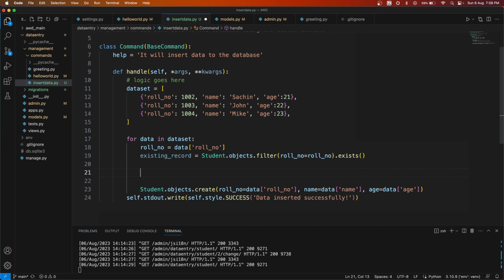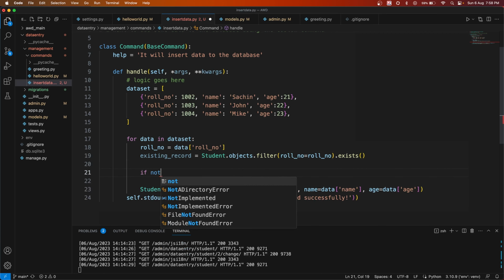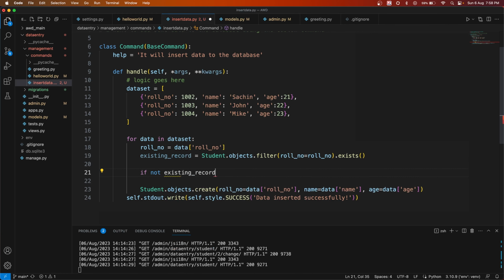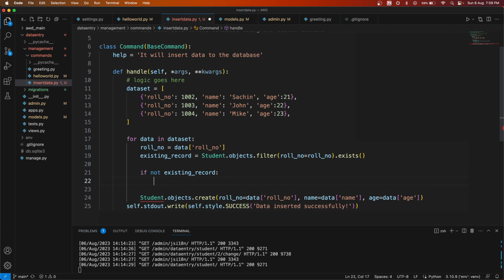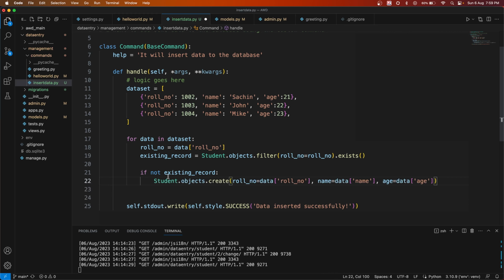At this point, I can say if not existing record, then I will simply cut this. That means if the record does not exist, so if this is false, this roll number does not exist, then I will add this data of roll number. All right, otherwise, in the else case,